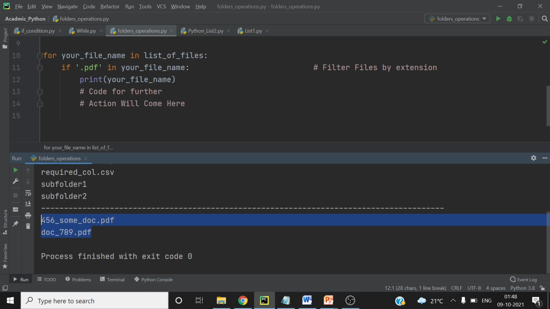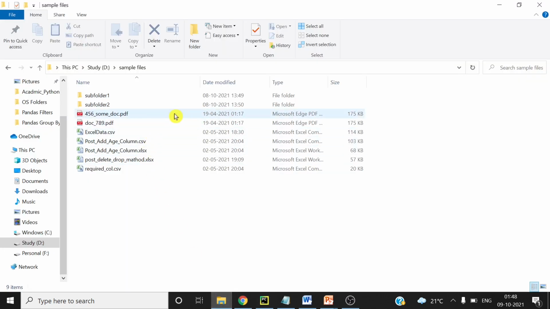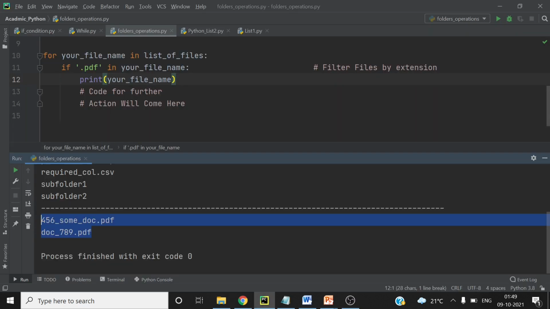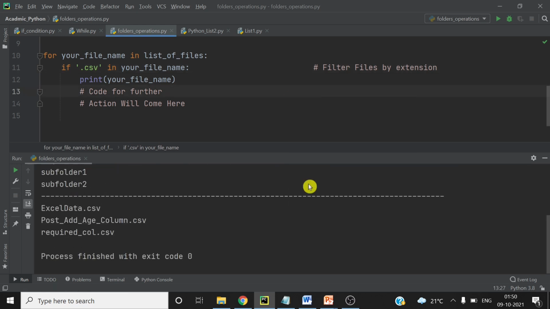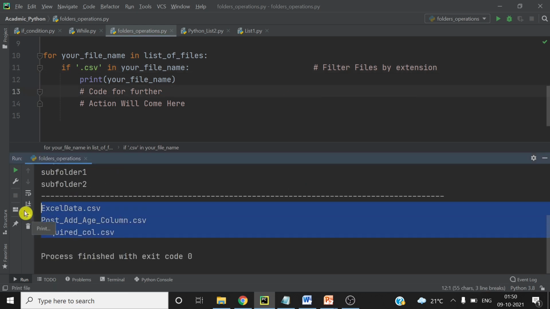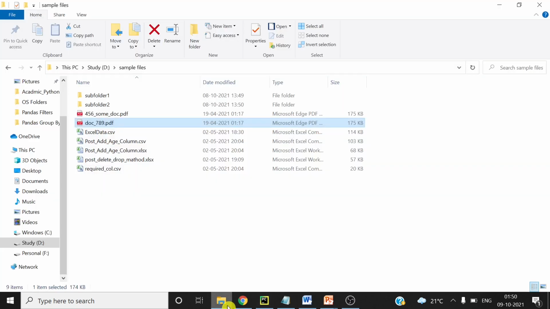I have only two files in my folder. I'll just show you the files. So you have this PDF, and you have this PDF one. All right. Now we will see how to get all the CSV file names inside a folder in Python. I just have to change the extension to .csv, and then you can run, and you can see the result. I have three CSV files over there. You can see CSV1, CSV2, and CSV3.